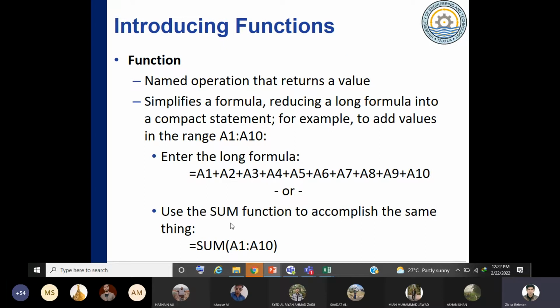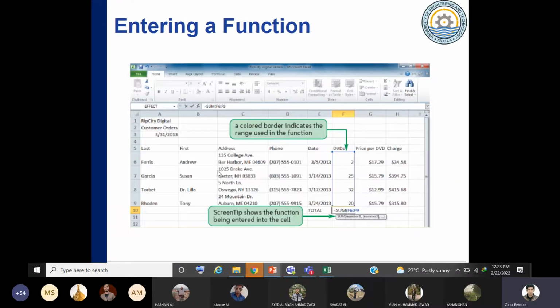Then you should use the functions for more efficient work. Instead of applying formulas, you should go with the functions. Like if you have to add adjacent rows or adjacent columns, here you see that an adjacent column is being added, A1, A2, A3, A4, A5, A6. You could do it by a long formula, or you could go with the summation function. So you should know that I could also do it efficiently and smartly by using a function.